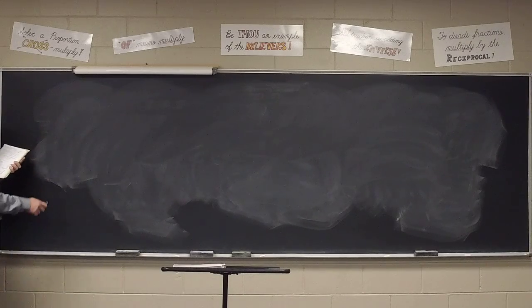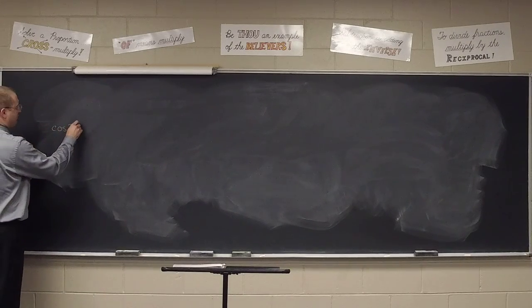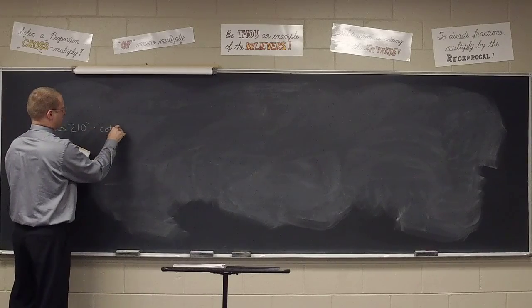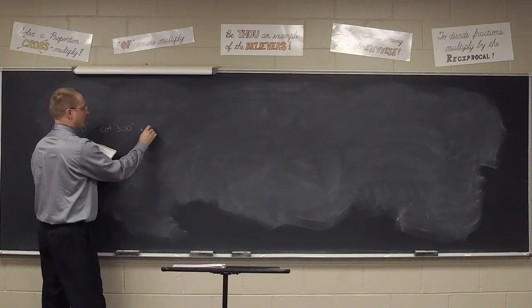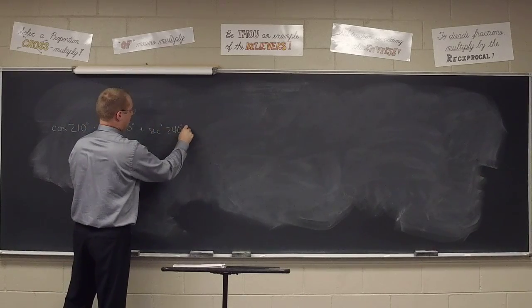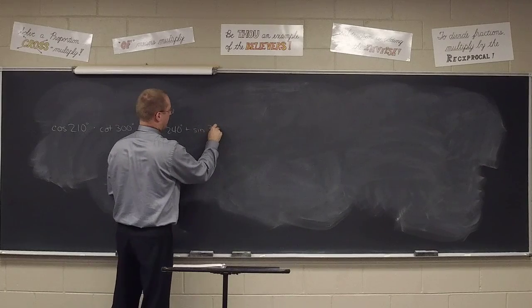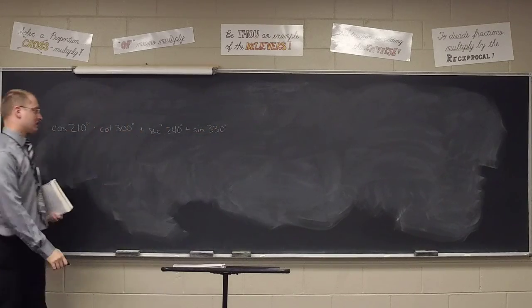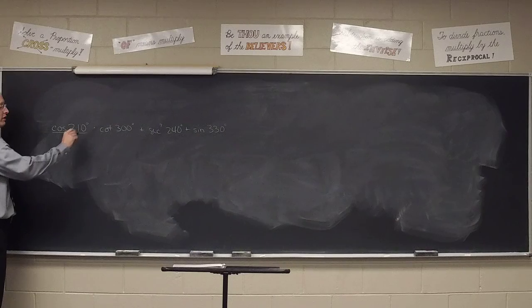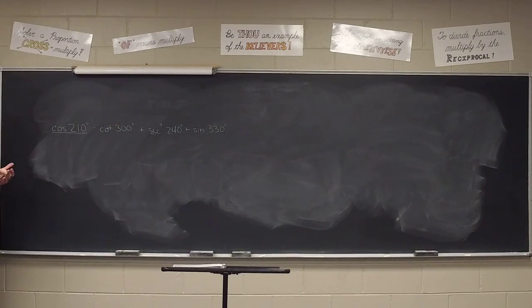Page 65, number 17, asks us to find the value of the cosine of 210 degrees times the cotangent of 300 degrees plus the secant squared of 240 degrees plus the sine of 330 degrees, without using a calculator, of course. So just take them one thing at a time. Start with the cosine of 210, and you always start by asking yourself which quadrant we're in, and it's quadrant